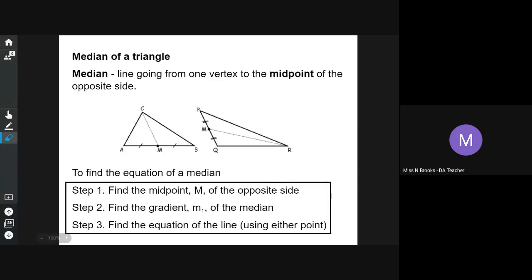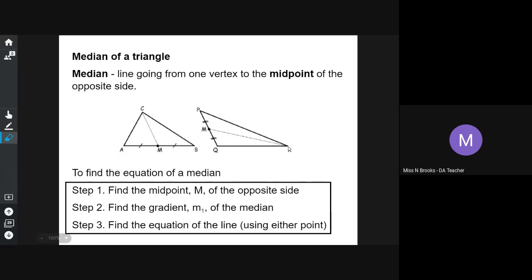The median is the line going from one vertex to the midpoint of the opposite side. So, in triangle ABC, we're finding the midpoint of AB, and the median is going from that midpoint to the vertex C. And in triangle PQR, we're looking for the median here, which is going from the midpoint of PQ